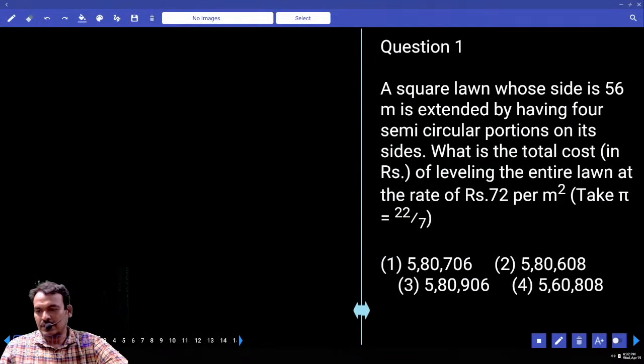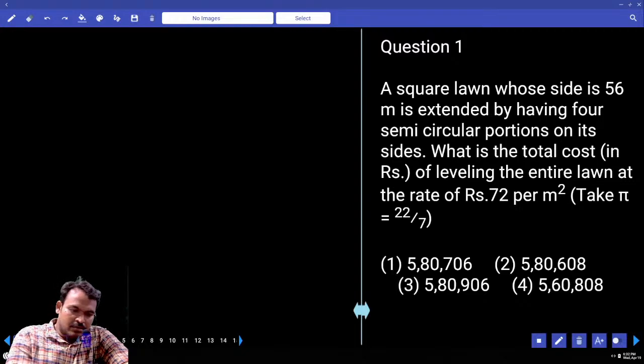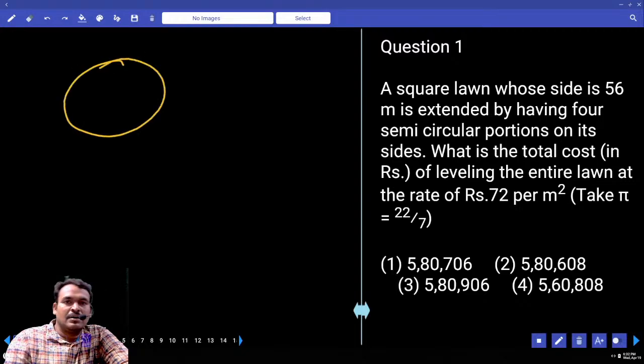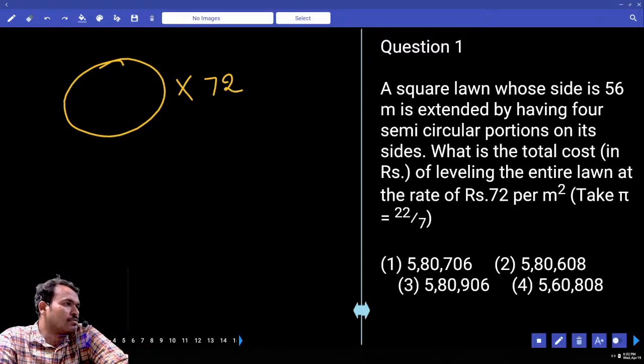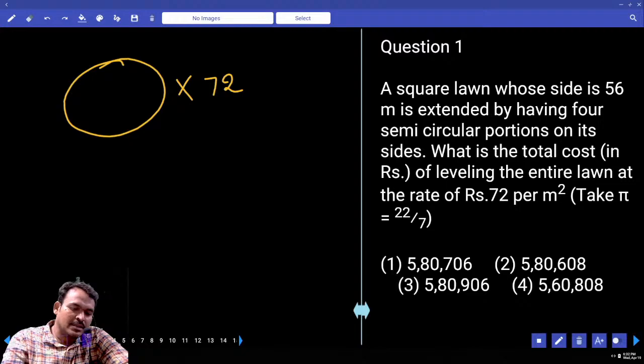A square lawn whose side is 56 meters is extended by having 4 semicircular portions on its sides. What is the total cost of leveling the entire lawn at the rate of 72 rupees per meter square? To find the total cost, first we need to identify the area, and multiply it by 72, the rate per meter square. So the answer must be a multiple of